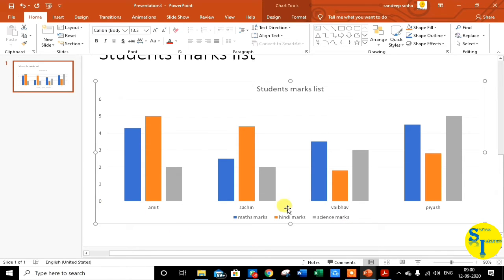Now student, this horizontal axis is the category axis, where the categories or subjects of analysis to be plotted are shown. Our categories are students, and the values of the data series are shown here in the value axis. It is used to plot the values of the chart, of the table.